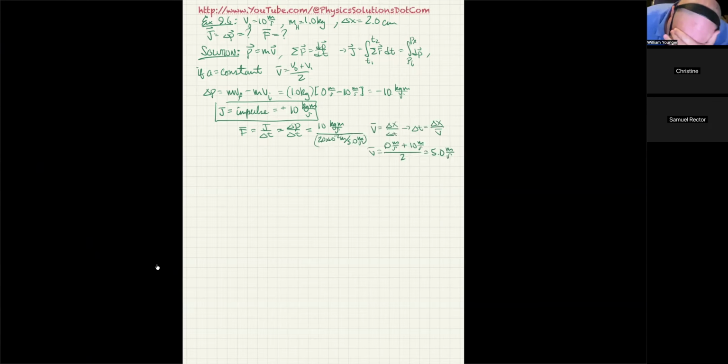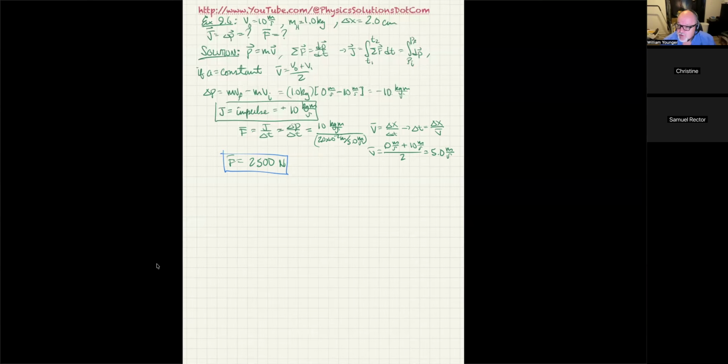So now I've been able to compute what the F average is. I'm basically going to end up multiplying the 10 times 50, times 5 to make 50. And then I'm going to multiply that by 10 to the 2. That'll make it 5,000. And then I'm going to divide that by 2. So that's going to be 2,500 newtons is the average force. So that's how we do that. Anybody have any questions on that one?